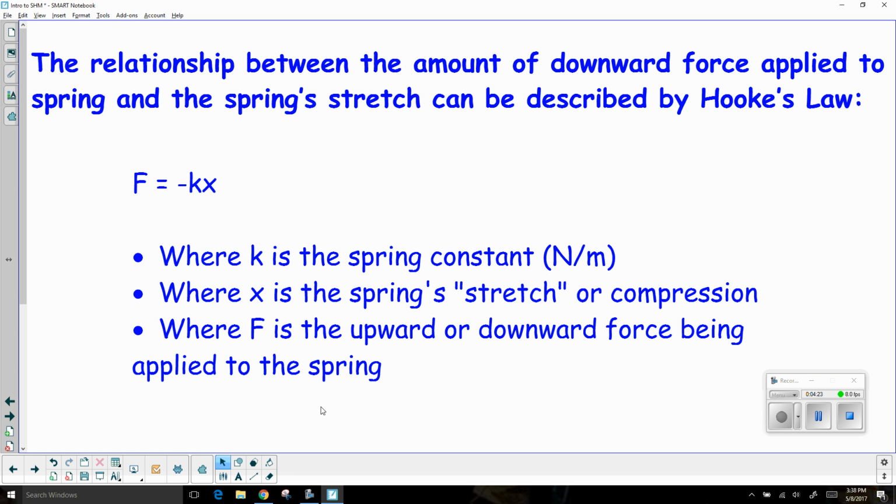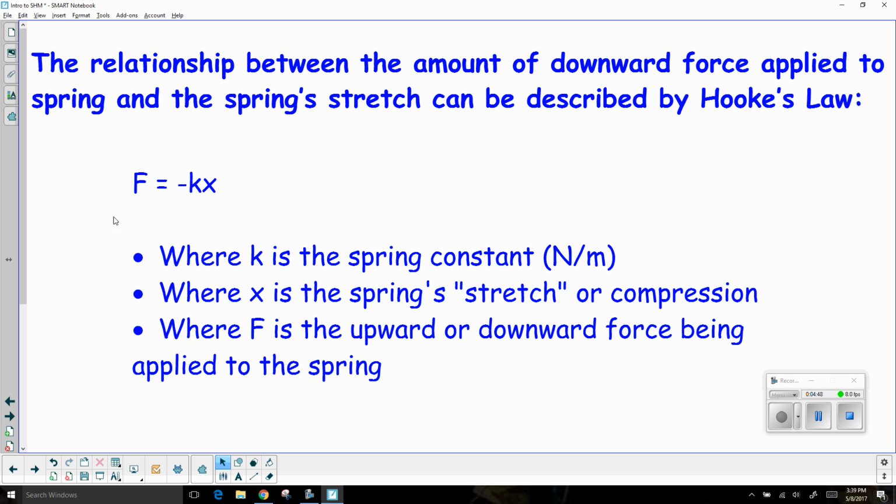So, a couple relationships with the simple harmonic motion in terms of a spring mass system. We can apply Hooke's law to a spring mass system, where the relationship between the amount of downward force applied to a spring when I pulled the mass down in the simulation and the spring stretch can be described with this formula,